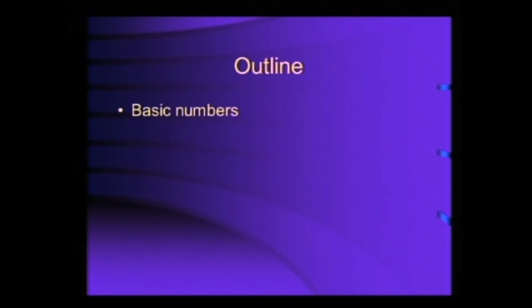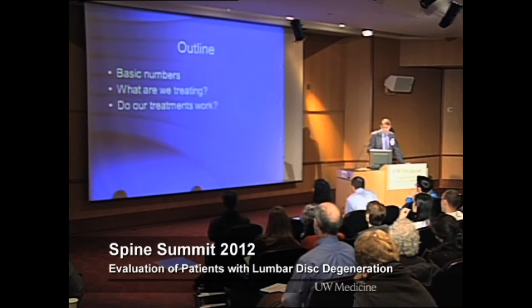We're going to talk about a couple things. I'm going to go through some basic numbers of sort of what we are doing. You also have to understand your patient care, what we're doing with our patients. What are their belief systems? What are they talking about, the issue of what we are actually treating? What is it we think we're doing when we treat patients with chronic low back pain? What is the idea? Unmet expectations are very unpleasant.